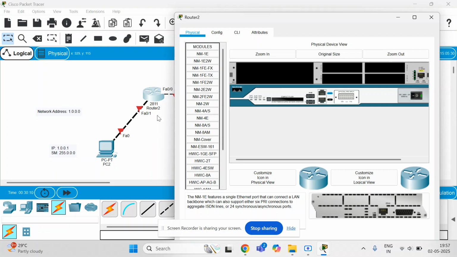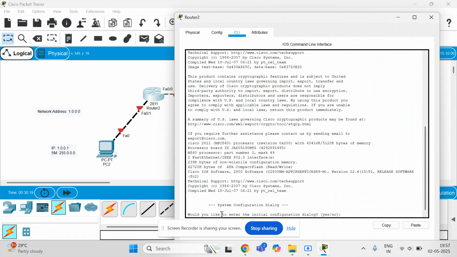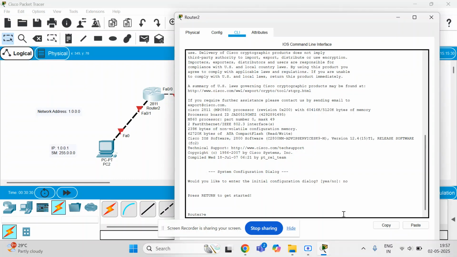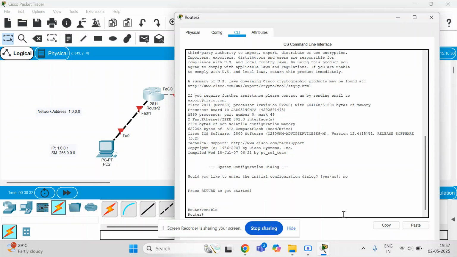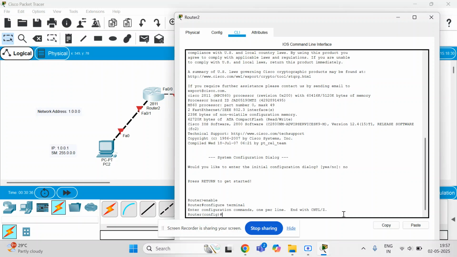Here Fa0/1 is connected with the PC, so this also falls in network address 1.0.0.0. Accordingly we can configure by using the CLI, command line interface. I'm configuring the router. Would you like to enter the initial configuration dialog? No, we have to configure fresh. So enable the router, configure terminal, interface Fa0/1,